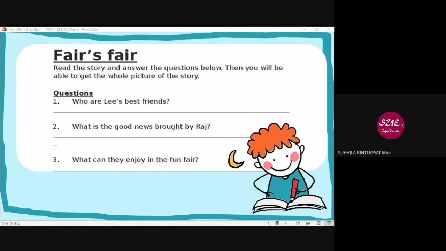Classpoint.app. Okay, type tu. Okay, masukkan kod kelas 91123.